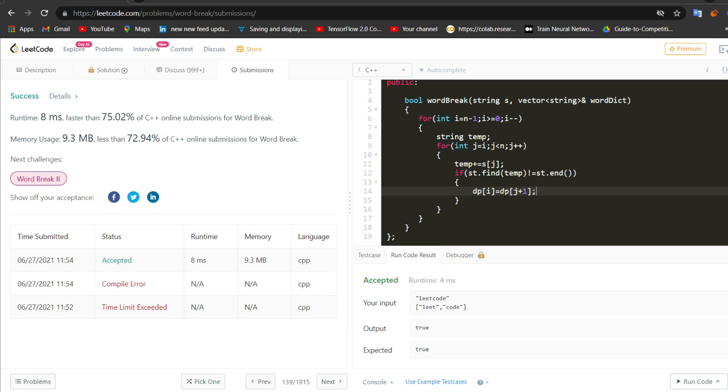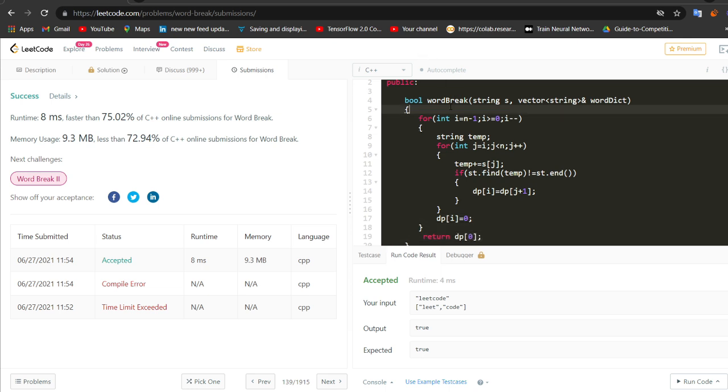If it is possible to break this into fragments from the j plus 1th position till the end, then this is also possible. Otherwise, after this, DP of i is equal to 0. And finally, we have to return DP of 0.